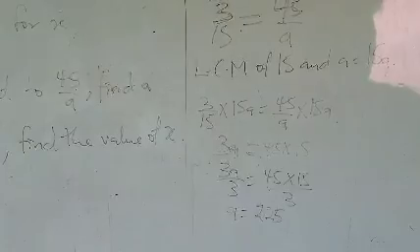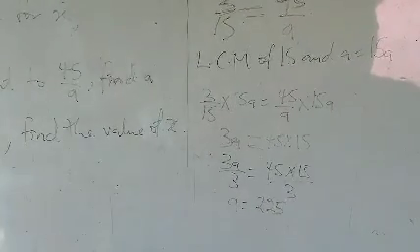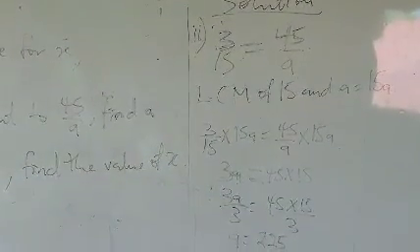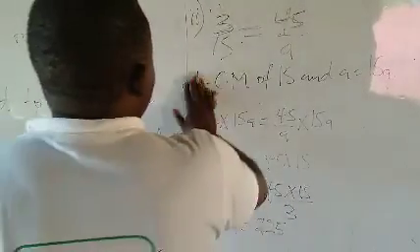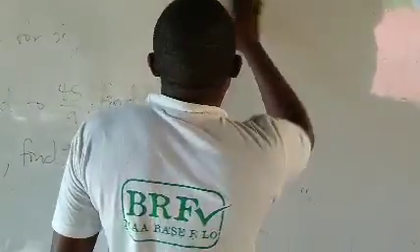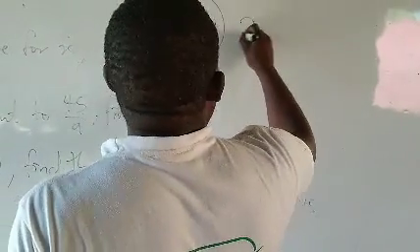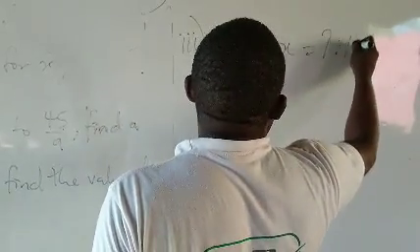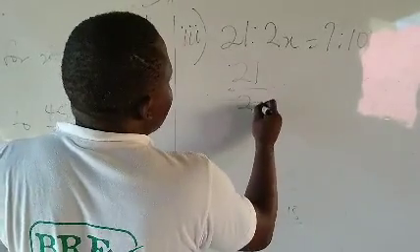It's 225. Now, this one is the second one. Now, let's solve the third one. It's 225, correct. Thank you. Now, the third one: the ratio 21 to 2x is equal to the ratio 7 to 10. Now it means that 21 over 2x is equal to